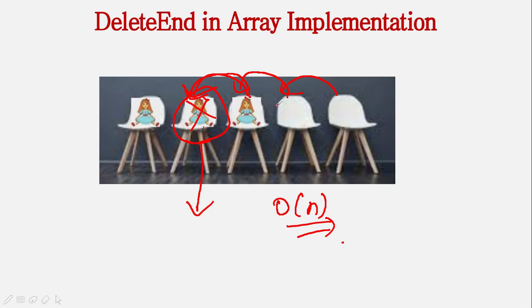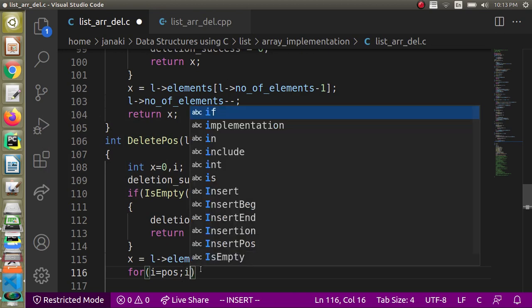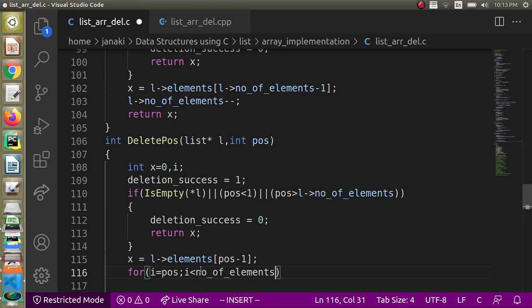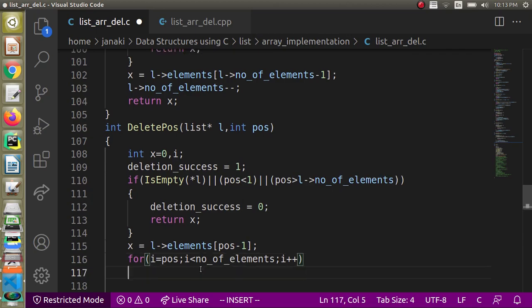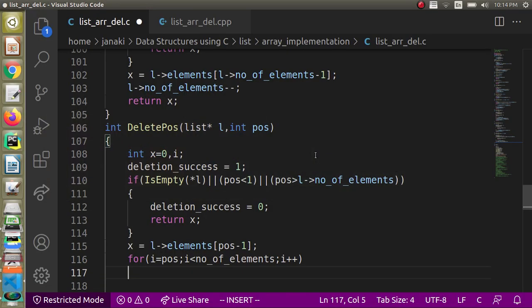That is the place where your element next to the element that will be deleted is present, right. For I equal to POS, I less than number of elements, right. You will be going till that place and then till the last element, and you tell I plus plus, right. You are going to move in the forward direction only, right.